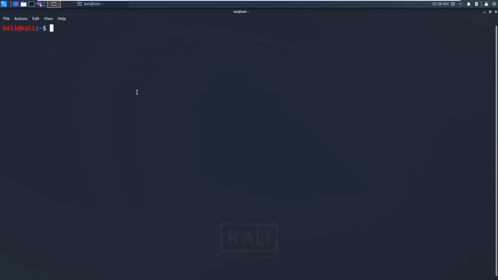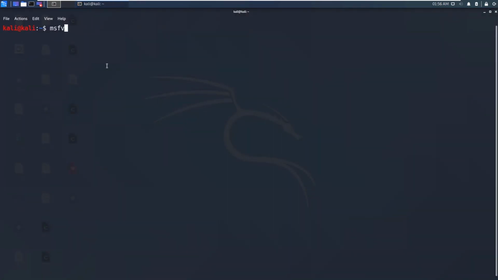Okay guys, now we are going to generate a reverse shell payload using MSFvenom. So msfvenom -p for specifying the payload, and we are going to generate the normal reverse shell so that we can catch it with netcat, and reverse underscore shell underscore TCP.